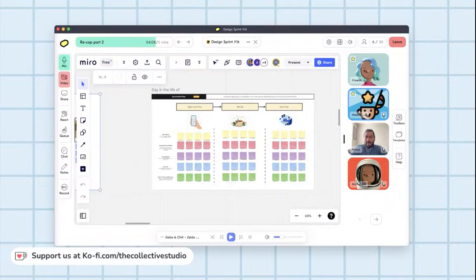Okay, so far that's a no. Crossing my fingers, it's not a connection issue, but we're gonna move on to the next part of this mapping